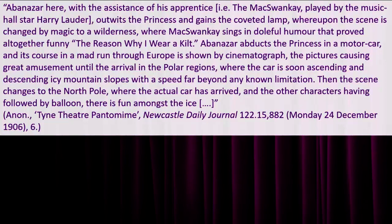So essentially a short bit of film here was being used to replace a scene change, actually to cover up a scene change. And I found out about this, not because I was reading through reviews, but because I was reading through the minutes of Newcastle City Council's Town Improvement and Streets Committee's subcommittee on theatre licensing, which mentioned that briefly during late 1906 and early 1907, the theatre's